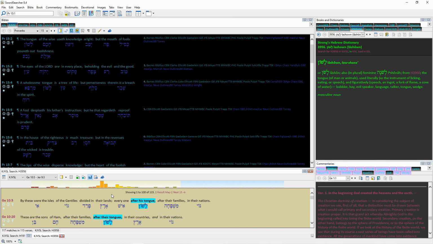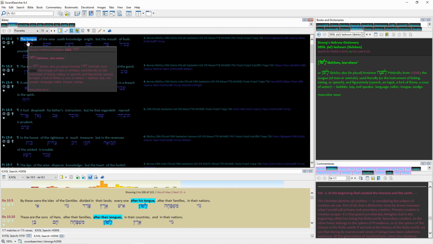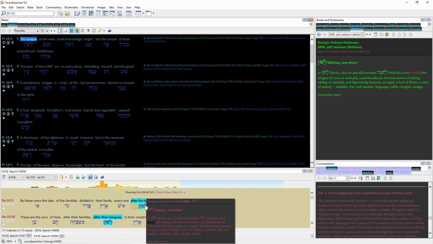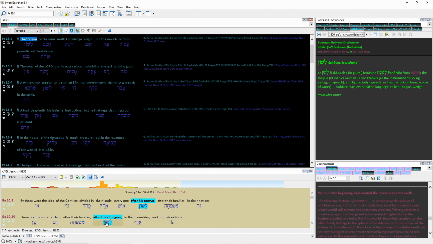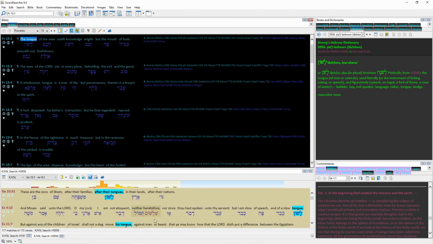Sometimes phrases and words can be used as the same Hebrew word. That might be kind of confusing, but just take that with a grain of salt. Up here, it's the tongue. If you see right here, Proverbs 15:2, the tongue. But right here, it's after the tongue, or after his tongue. It's basically describing the same thing, even though the phrasing of the word is a little bit different.